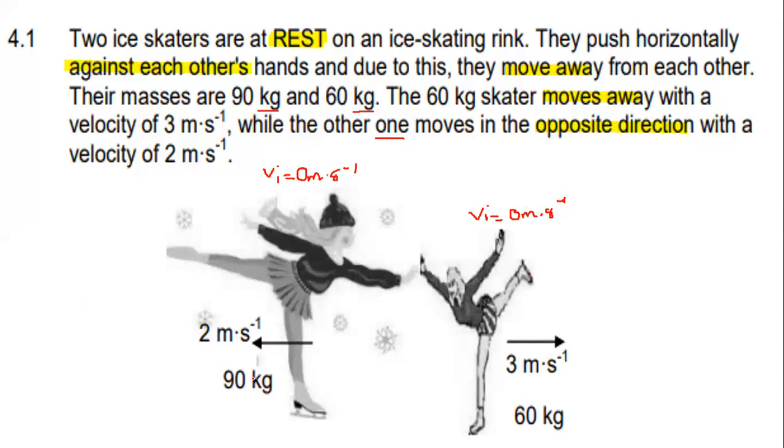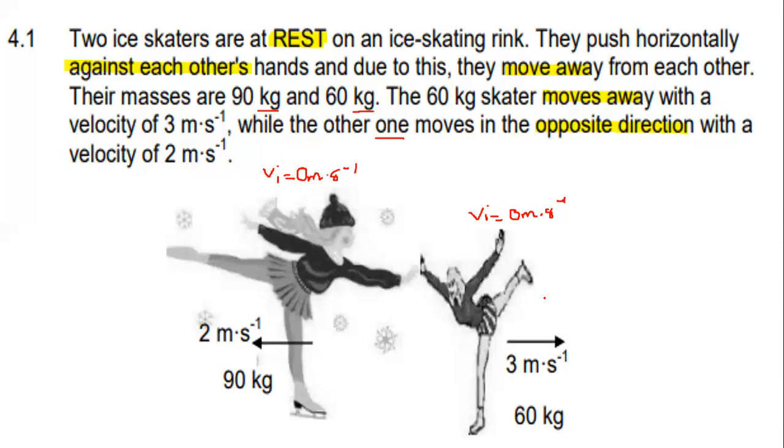So basically what we can see here is that at the beginning, she was stationary, she was also stationary. And if she was stationary, it means at the beginning the initial velocity is 0, and therefore the 90 kilogram skater does not have a momentum at the beginning, before the collision. And also the 60 kilogram skater does not have a momentum at the beginning, because she was also stationary. But